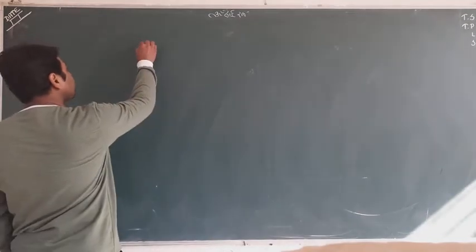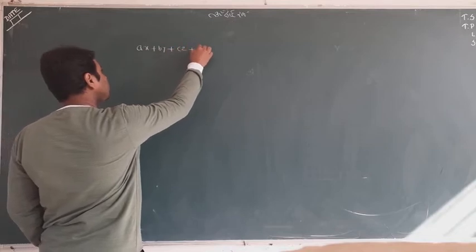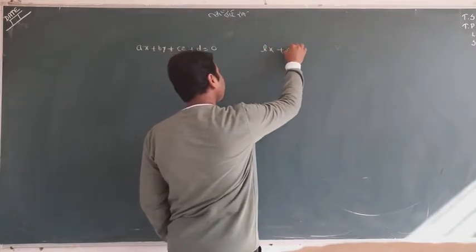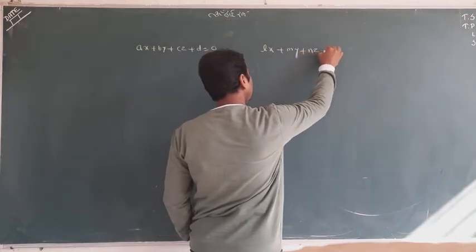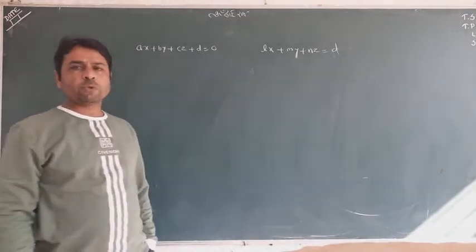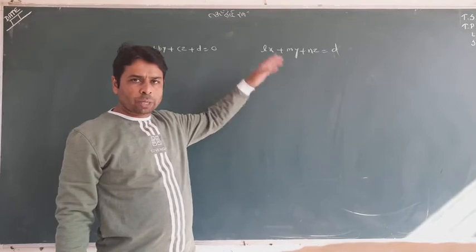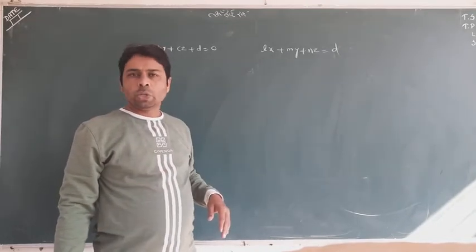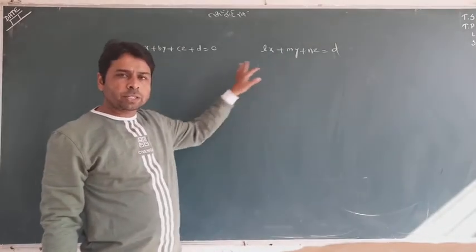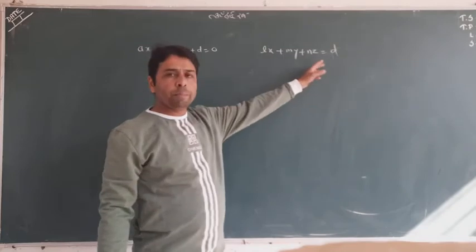Suppose that ax plus by plus cz plus d is equal to 0 and lx plus my plus nz equals p or d, something like that. Can you compare these two equations? You remember, this is the normal form and I am talking about the Cartesian concept. So in Cartesian geometry, this is the normal form of the plane, and the other is the general form of the plane. In this case, you can know many things.